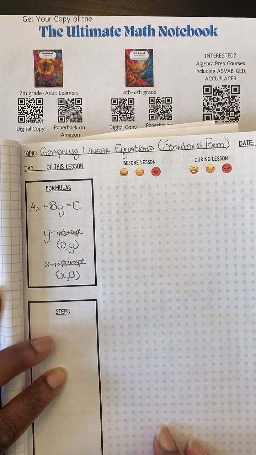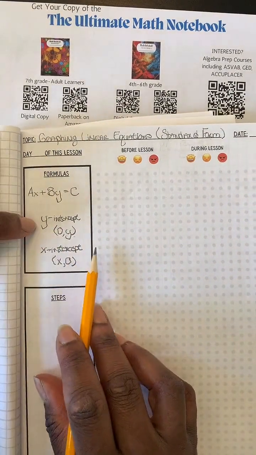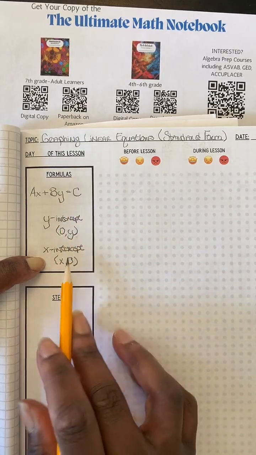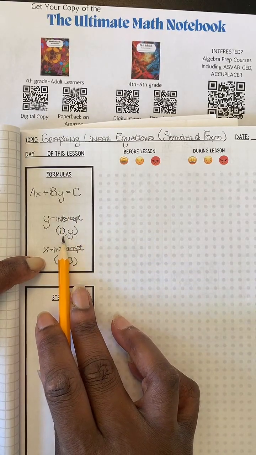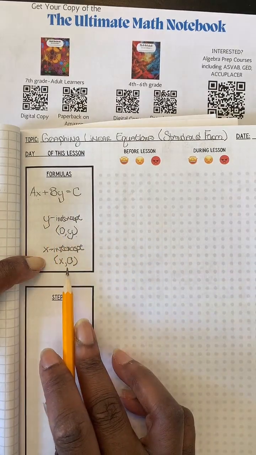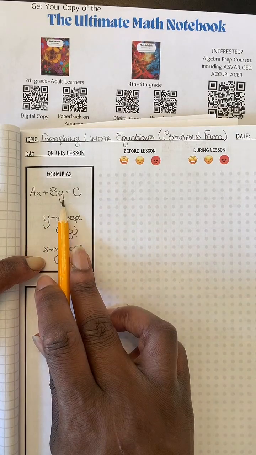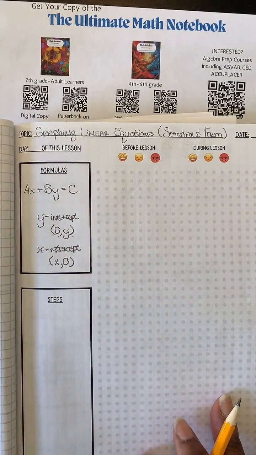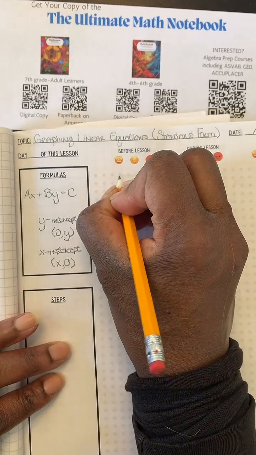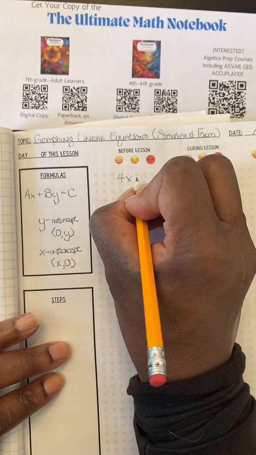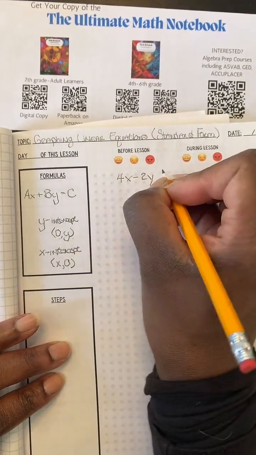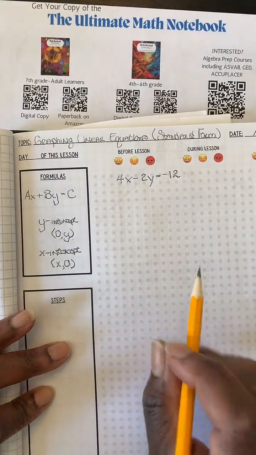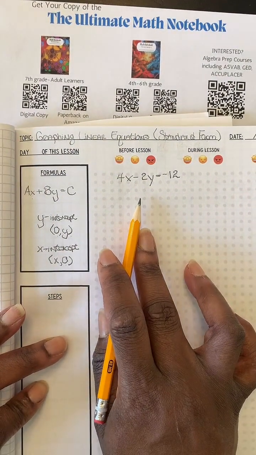I appreciate it. So when we're looking at the y- and x-intercepts, and if they give us an equation, we can substitute that 0 for the x value, and we can substitute the 0 for the y value to actually find what those intercepts are. So let's say, for example, we have 4x minus 2y equals negative 12. So if you're trying to solve this, it will work best